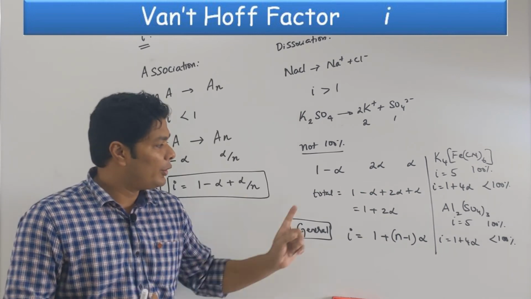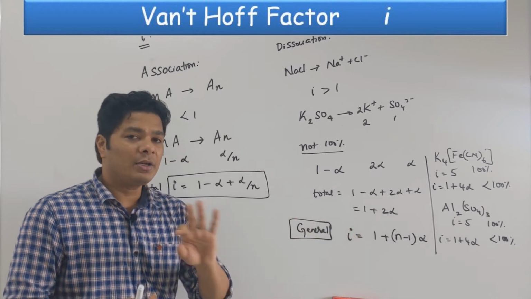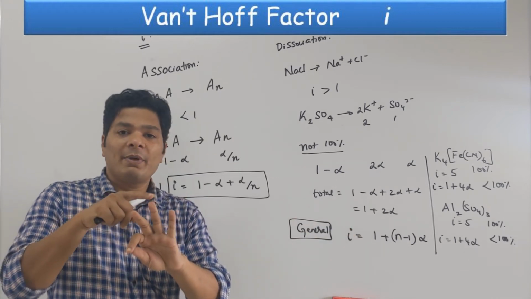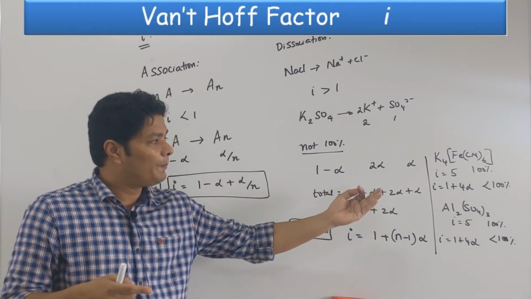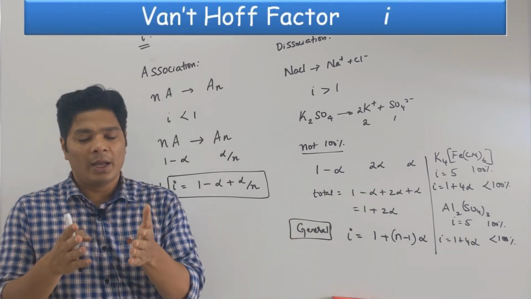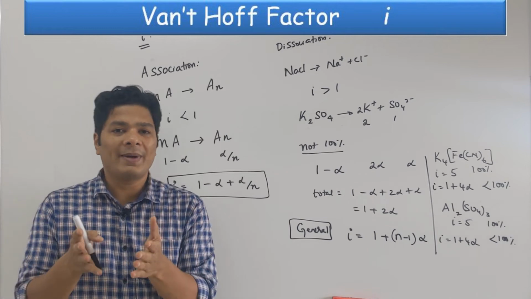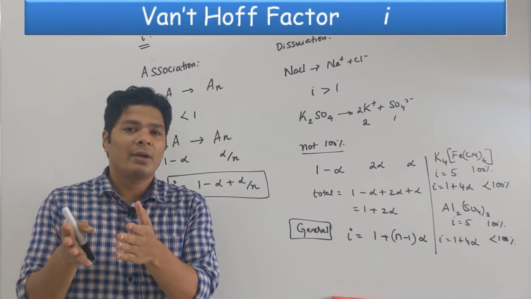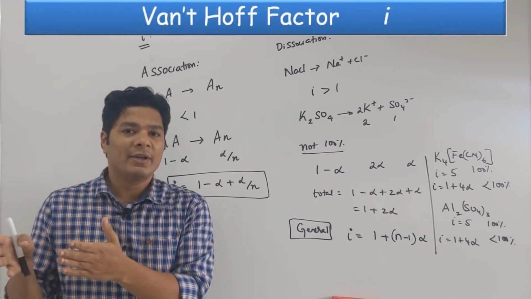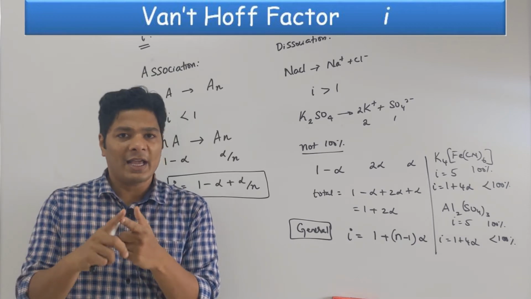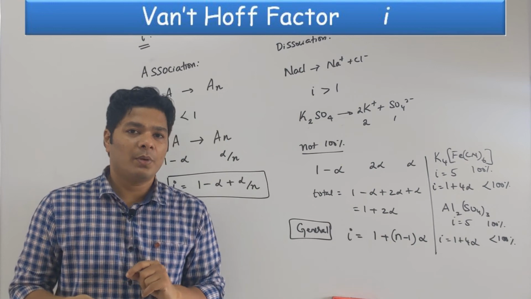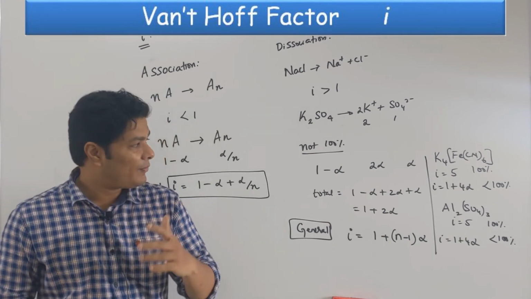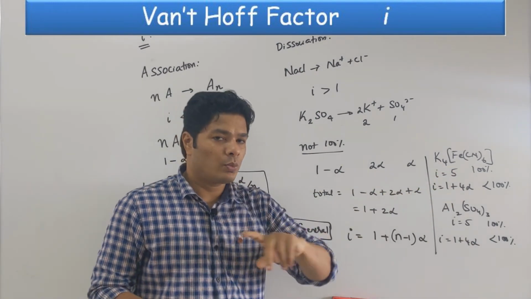So that's one way of using the I value. They will combine 3 chapters together. Solutions can be combined with your coordination chemistry and ask you the nature of the solute. For example, I can give you a set of mathematical data: Kf can be given, delta Tf is given, M is given. So you can calculate the I value. Once you calculate the I value, they can ask you which among the following could be the compound. If I comes out to be, let's say 5, this could be a compound. That's one way of calculating.